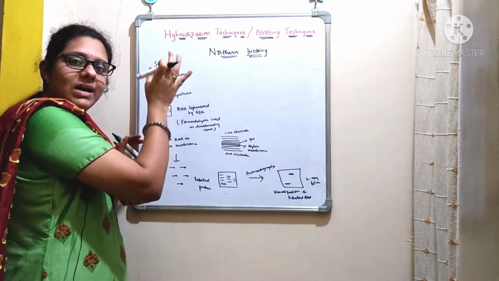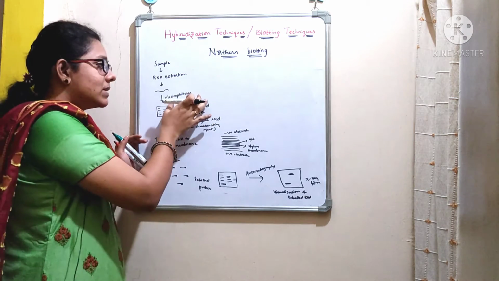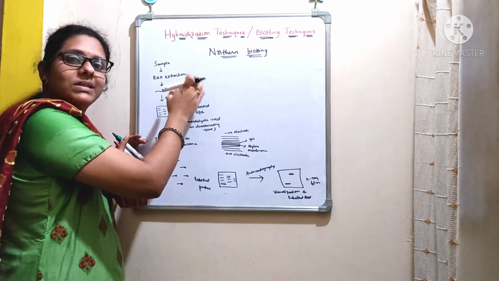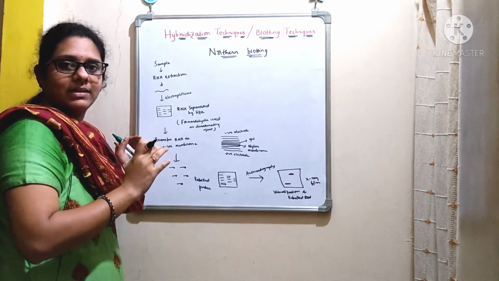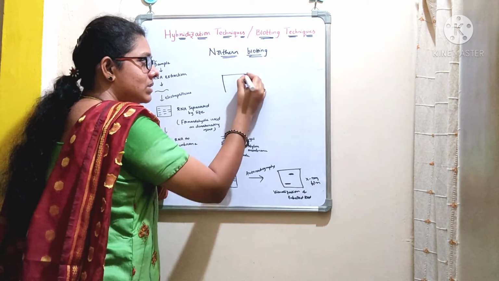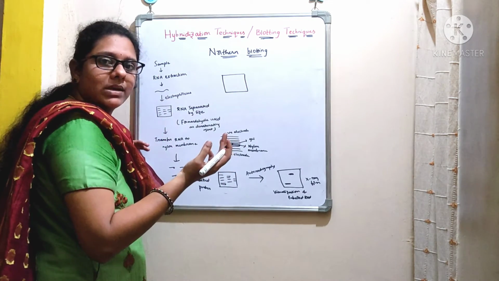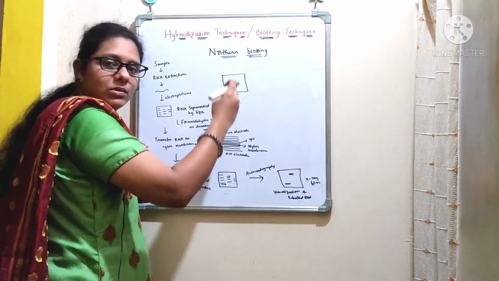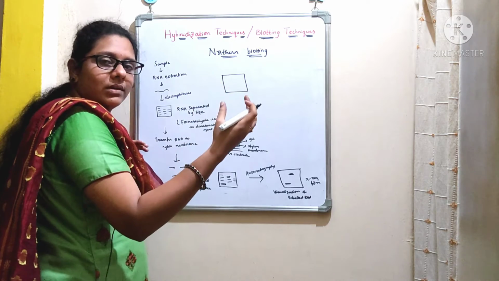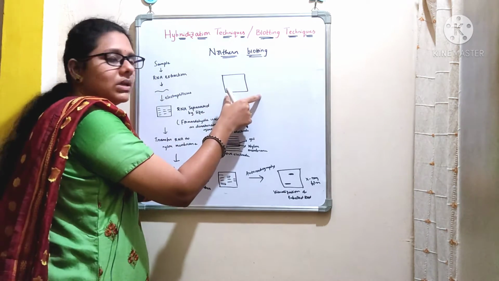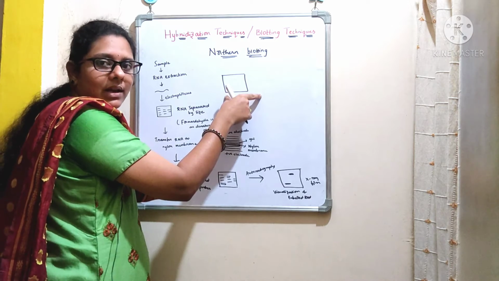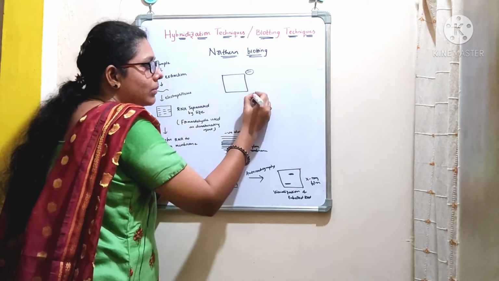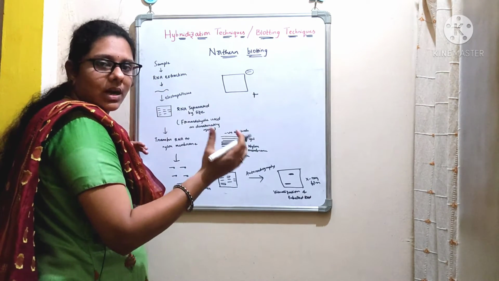Once you isolate the RNA in a pure form, the next step is to go for agarose gel electrophoresis, because you are going to separate the RNA based on size. Suppose this is the gel. You can use either polyacrylamide gels or agarose gels, and these gels have pores, and through those pores the DNA or RNA, whatever the nucleic acid is, will migrate under the influence of an applied electric field, and the RNA, which carries a negative charge, will move towards the positive charge.